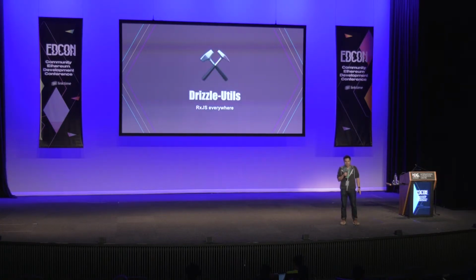So we're presenting today something called Drizzle Utils, and it's not really related to Drizzle completely. It's a completely separate library. Drizzle will actually use it under the hood, but think of this as a completely separate library. But we call it Drizzle because it's kind of attached to the front-end side of what we're doing at Truffle. And the main thing to take away from this is we're using RxJS everywhere for this. If you're not familiar with RxJS, it's a stream-based library, so we're going to think not in terms of variables, what this variable is storing at a certain point in time, but RxJS, thinking in streams and observables, allows us to abstract away the concept of time itself. That sounds really wishy-washy, but it sounds cool, so that's why I said it.